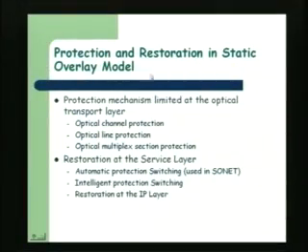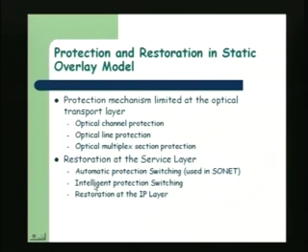Now, if you consider the protection and restoration available in the static overlay model, the protection mechanism is basically limited to the optical transport layer only, and there may be some restoration capabilities available at the service layer. For example, if we are using SDH networks, then you may exploit the automatic protection switching capabilities that are there in SONET,